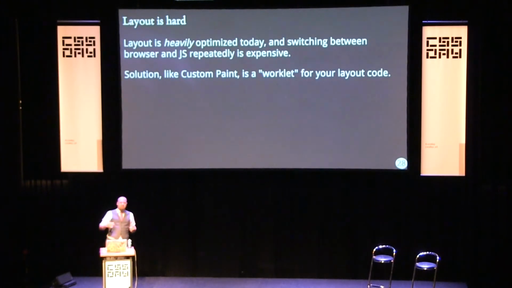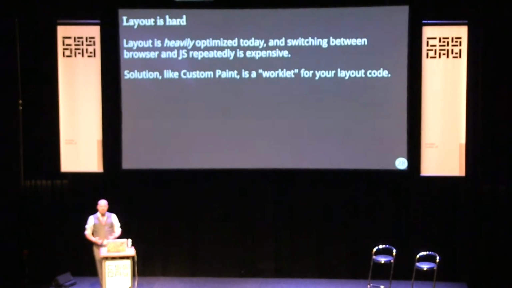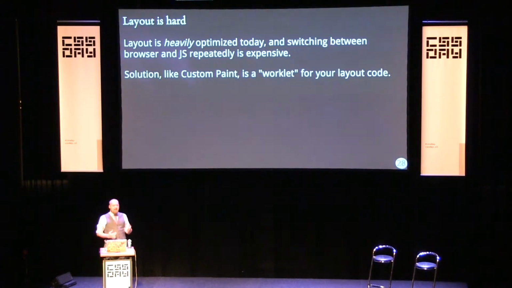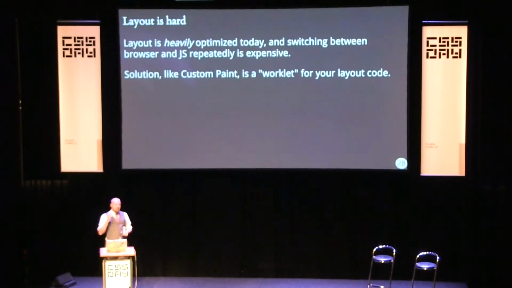And finally, layout is one of the more heavily optimized parts of the browser today. Layout algorithms are complicated, and there's a lot of elements on an average page. And the number of elements just keeps growing, unfortunately. And so we have to do a lot of careful tuning to make sure that your page works reasonably, even when things are dynamically changing size and throwing out all the useful information. And so having to call over into JavaScript back and forth in the middle of all this can potentially make it even slower. Luckily, using Worklets, as we're doing with Paint, the Custom Paint API, makes this pretty reasonable.